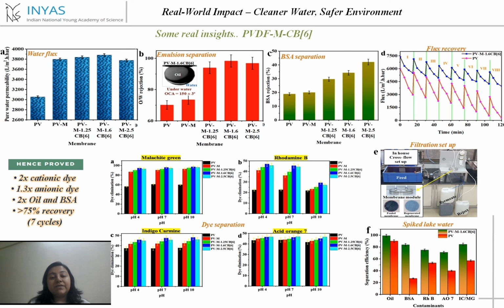Now, it shows more than 75% water flux recovery even after 7 cycles of filtration, which is a commendable thing for a membrane at its level. Now, how does it do this? They are helping with size exclusion and host-guest chemistry, wherein CB acts as a host for different kinds of dyes, whereas it also repels because of its surface charge, preventing fouling on its surface. Hence, this can be an efficient way of preventing water pollution in many ways.